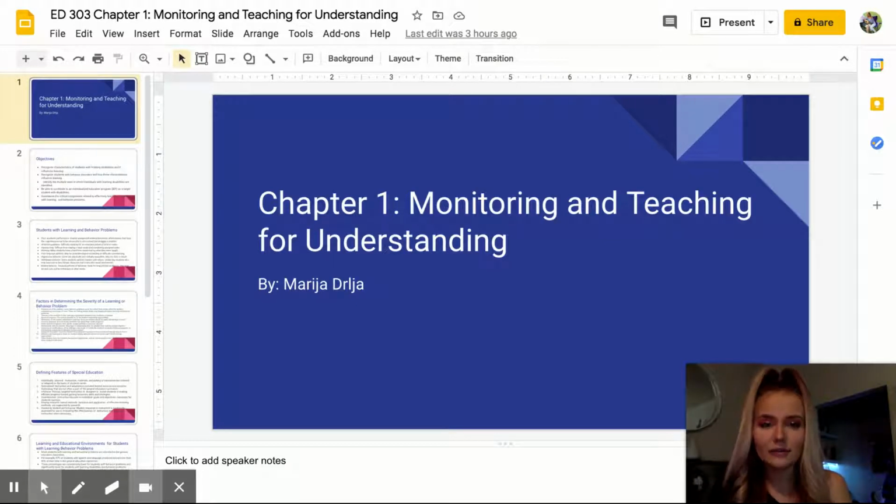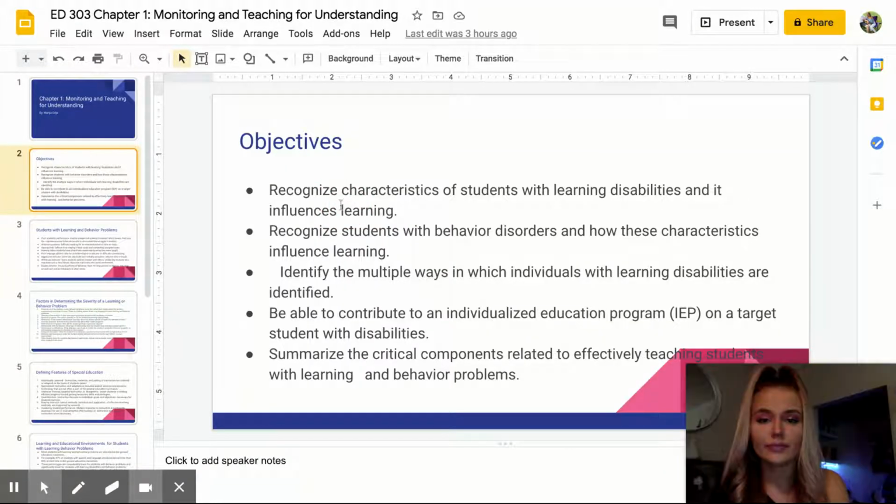In today's chapter 1, we're going to be talking about monitoring and teaching for understanding. The objectives in chapter 1 are to recognize characteristics of students with learning disabilities and influence their learning, to recognize